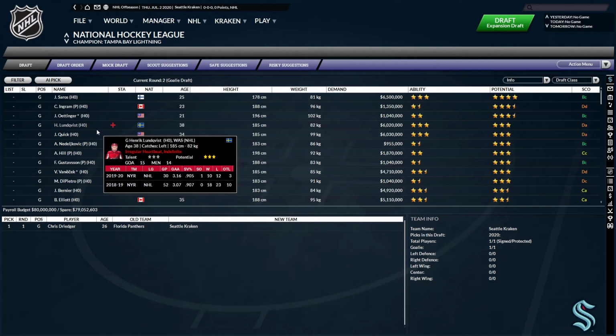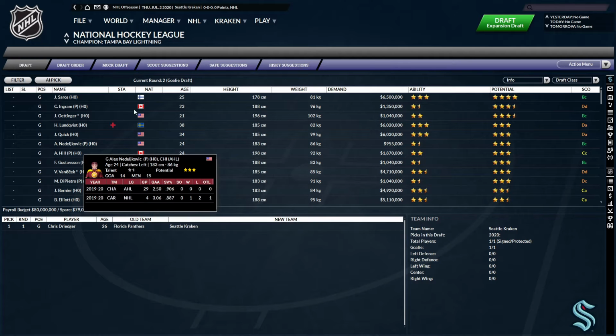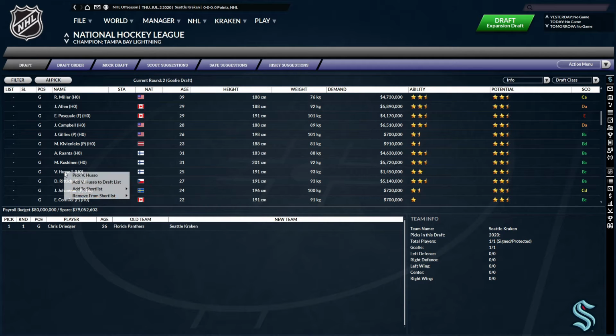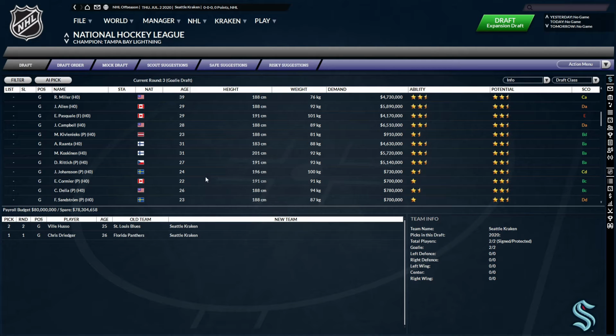Obviously in this game, it's not going to be accurate to what CapFriendly protected and whatnot. So just bear with me so I can make it work at least. Another goalie that we're going to take is Ville Husso, a goalie from the St. Louis Blues, 2.5-star prospect goaltender. Going to be selecting him. And then next up, our third goaltender that we are going to select is going to be...